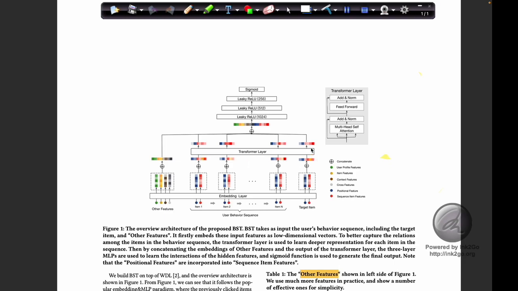For example, our target item is a mobile cover. This embedding will be generated such that it gives more importance to the mobile phone, because the purchase of a mobile cover is directly dependent on the mobile phone. So the attention mechanism will embed such that it gives more importance to the mobile phone as per the query.